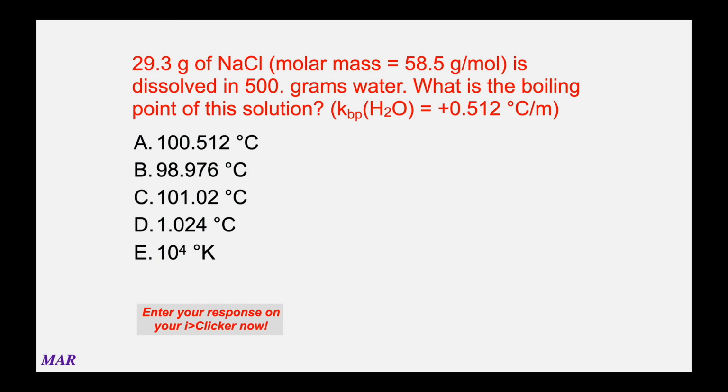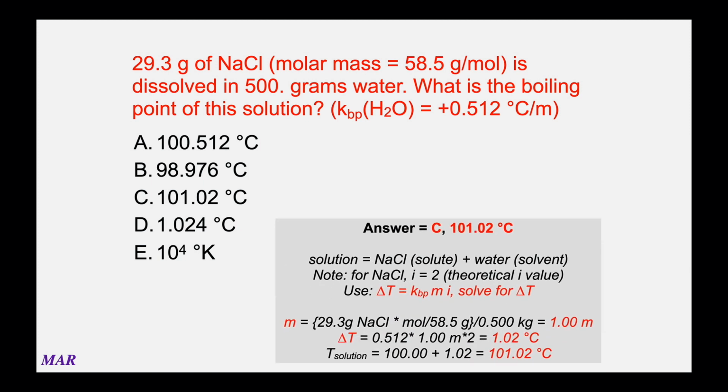But we've got one more piece here. We have the I factor. The I factor is important here because, again, we have an ionic solute. NaCl will break up into Na plus and Cl minus ions. So the I factor here is going to be 2 in this problem. So K, 0.512, times molality, whatever that is, times 2, that's going to give you the delta T. And we'll take that delta T and add it to 100 degrees Celsius, the normal boiling point of water,